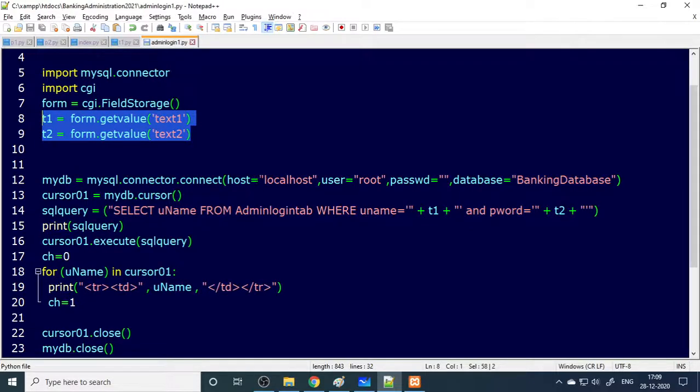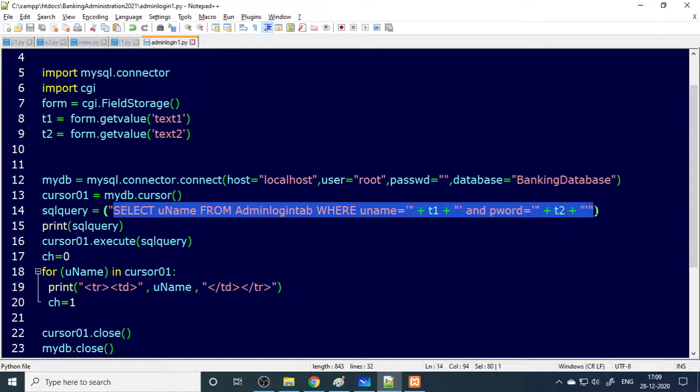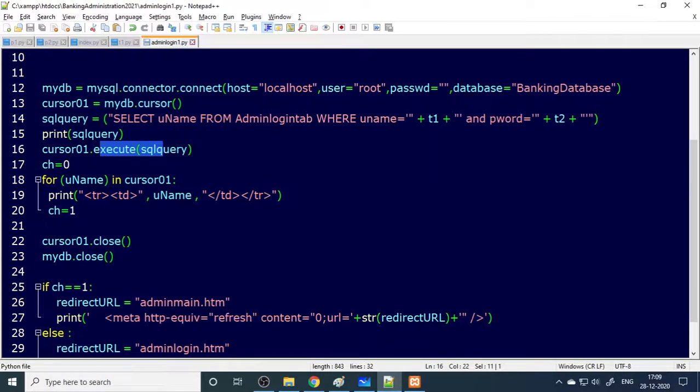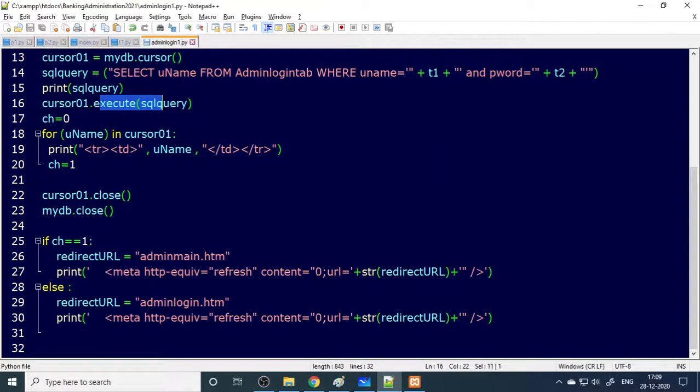From there we'll connect to the SQL server and select username from the admin login table where user ID is t1 and password is t2, and we'll execute the query. If it is present, then we'll allow getting into the next page. Otherwise we'll send back to the admin login again. Okay, this is how it works.